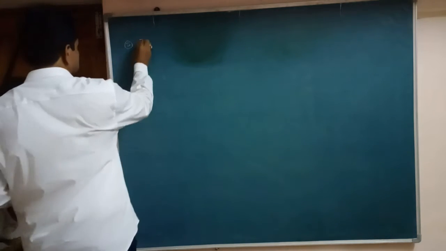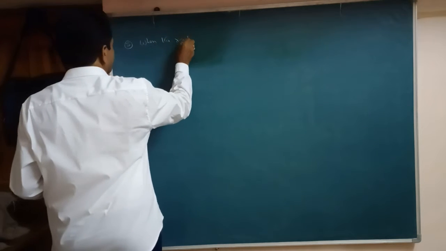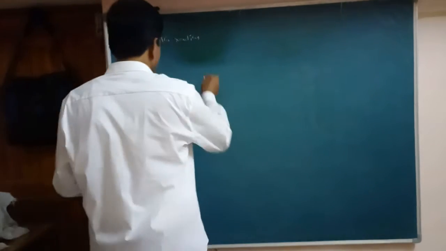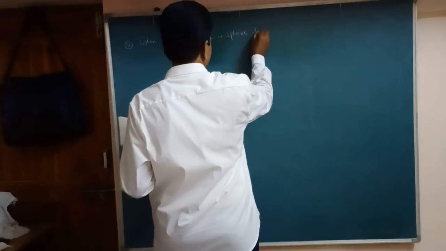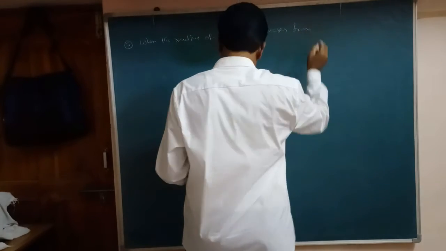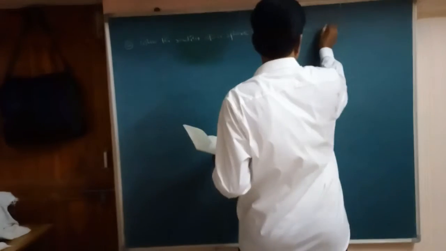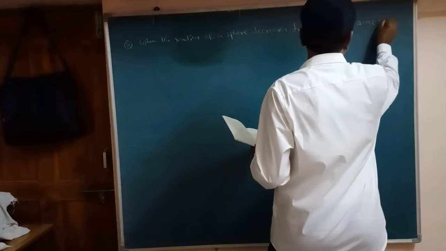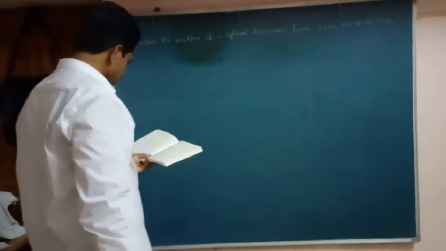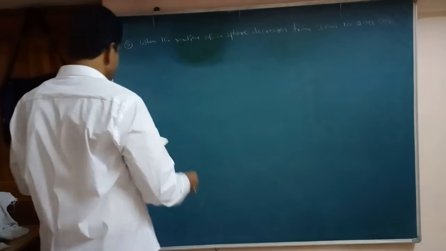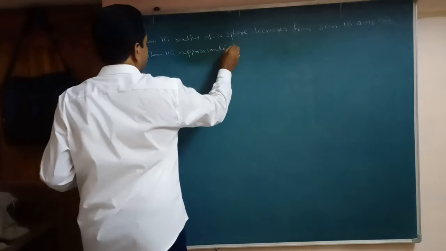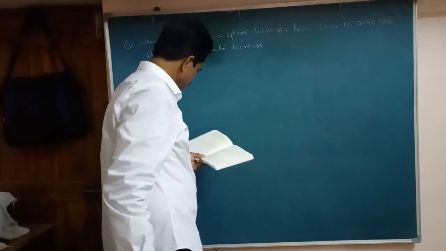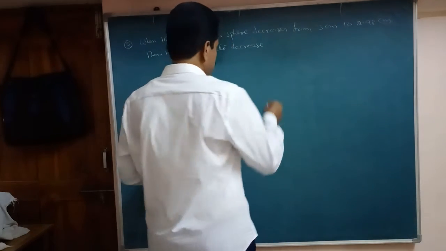Next, fifth one. When the radius of a sphere decreases from 3 centimeters to 2.98 centimeters, then the approximate decrease in the volume of a sphere